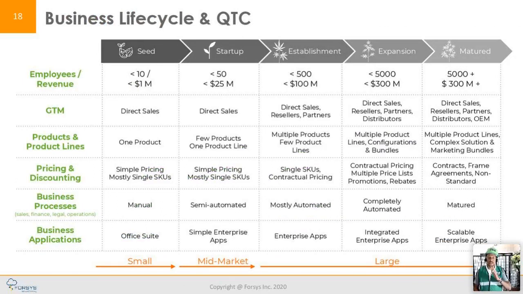So if you look at the same chart that I had before, from a seed business all the way to mature business, depending on where you are, you can profile yourself, and you can put a pin in this and say I'm on the far left, or I'm in the middle. The go-to-market strategy, and this looks simple, quite frankly. No one size does not fit all, but we want to share the concepts here. If you're a small or mid-market or large company, moving up the scale becomes a very difficult and very painful process. And we're here to really change your trajectory of complexity through an out-of-the-box experience that allows you to do that.